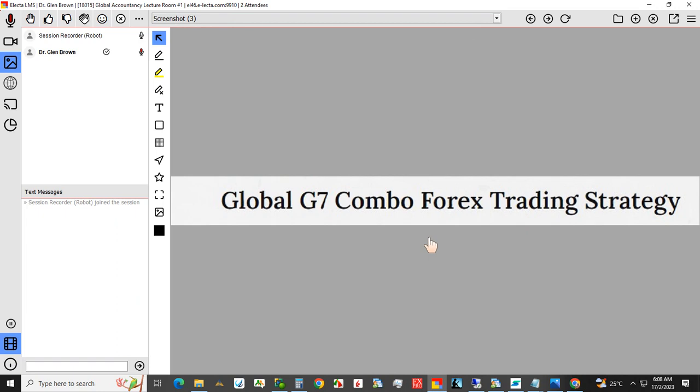And this is a trading strategy that we apply using the 7 major currency pairs and configure it within the Global Algorithmic Trading System. So it is an automated trading strategy